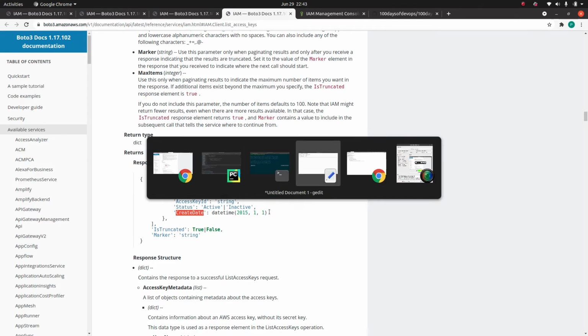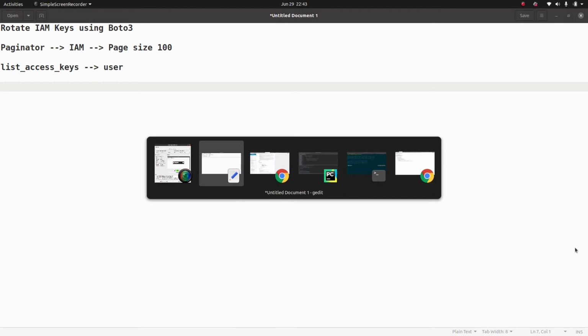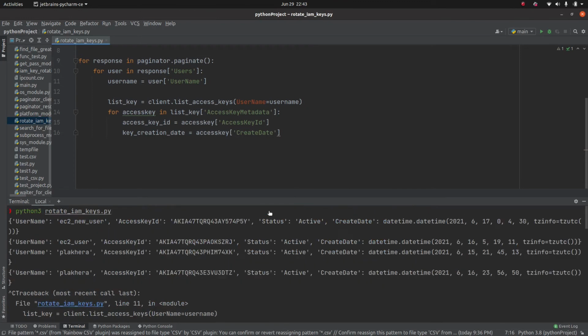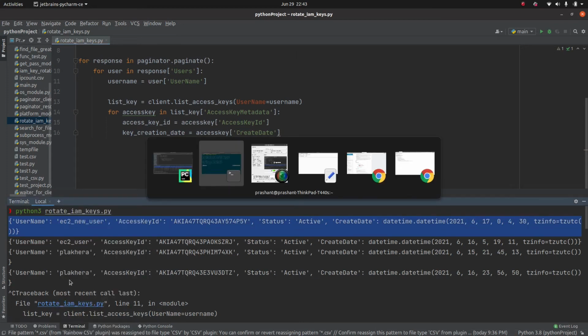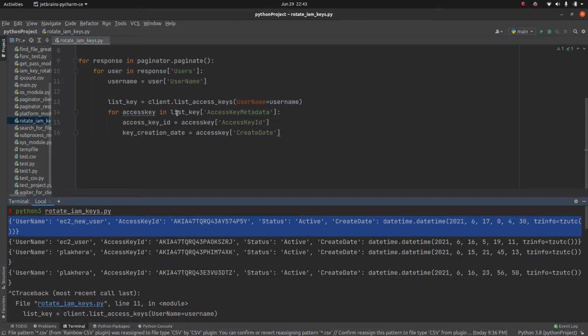So let me tell you why I'm doing all these things. We found out that, for example here, this user key has been created on this date. And remember, we are doing this on list key, so that's why this is with respect to when this key has been created.